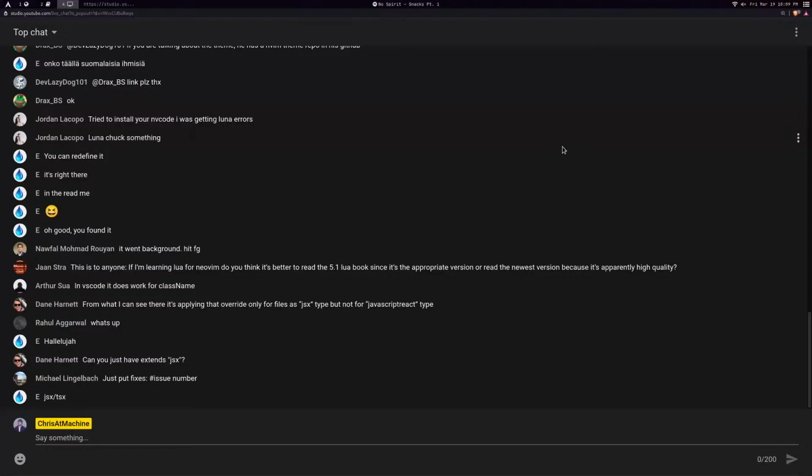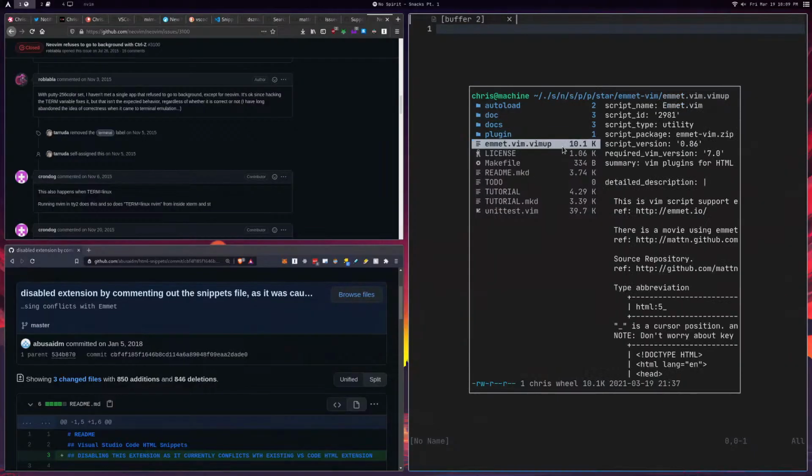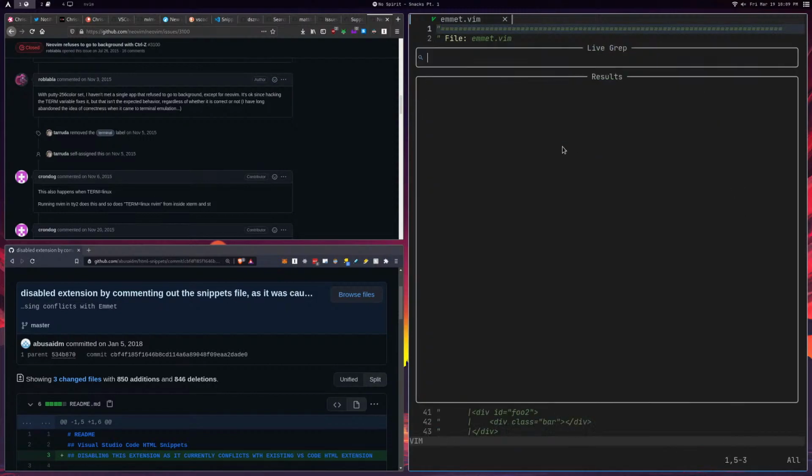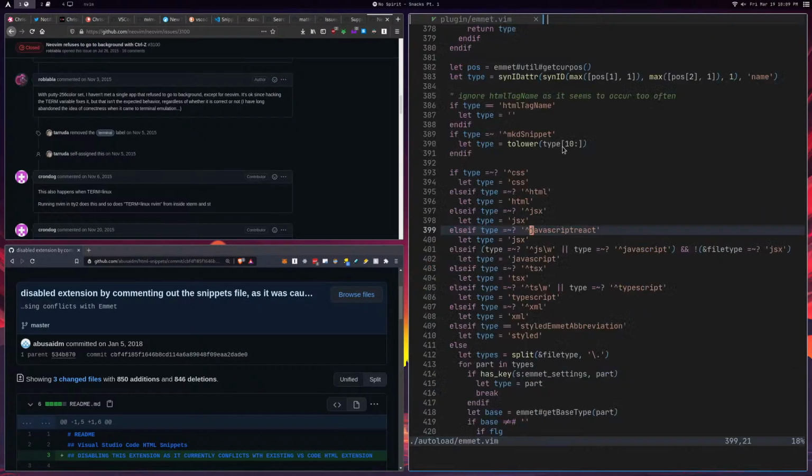Well, first thing I'm going to do is figure out where the hell I put that other thing. So search text for JavaScript React. I put it here, but I don't know if that was even necessary because it didn't seem to really fix anything. I could do it like that, I guess. He's gonna want me to do it like this. This is a whole different. What the hell is a JSW, by the way? I don't care about that. I'm just gonna do, if it's JSX or if it's type JavaScript React, then make it JSX. He's gonna want it like that. And then